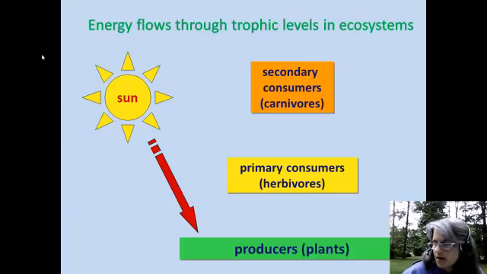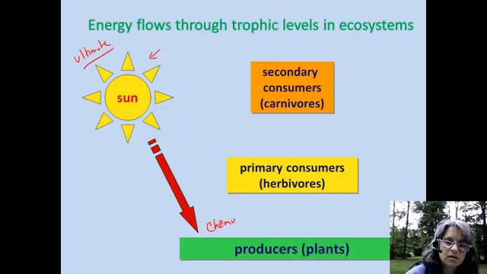What we mean is that our ultimate source of energy for all life on Earth, well, almost all life on Earth, the life on Earth we are familiar with, is the sun. Okay, there are other ecosystems on Earth that are not based on energy from the sun, like those down at deep sea vents. But for us, the ultimate source of energy is the sun. That energy of the sun is captured and converted to chemical energy by producers, plants, algae, things like that.